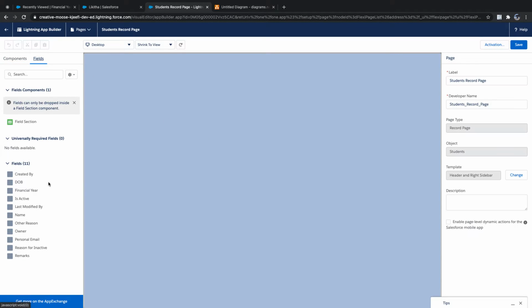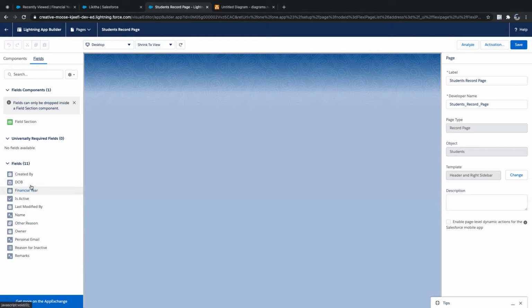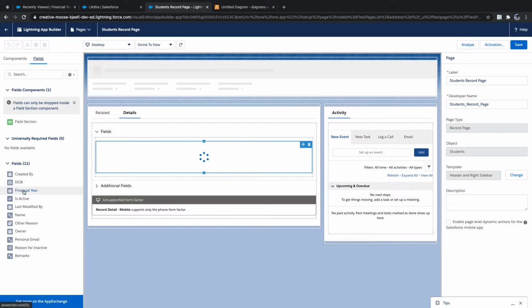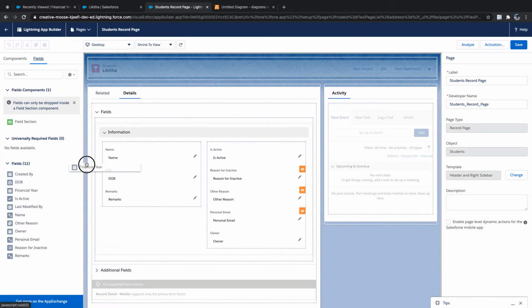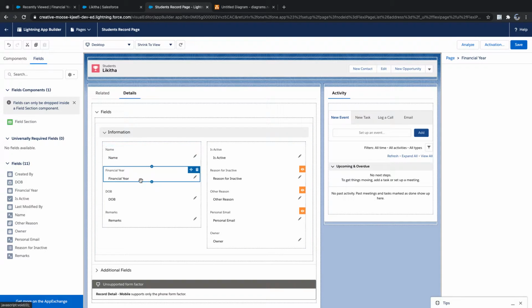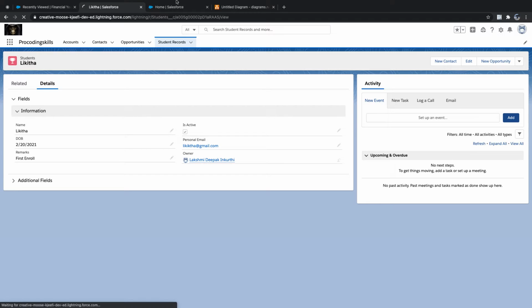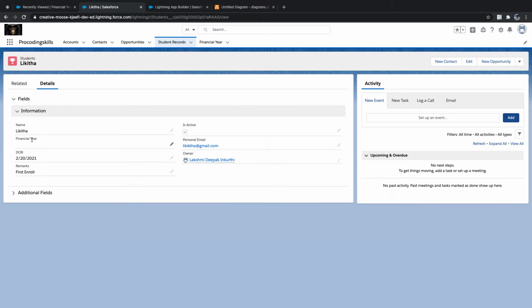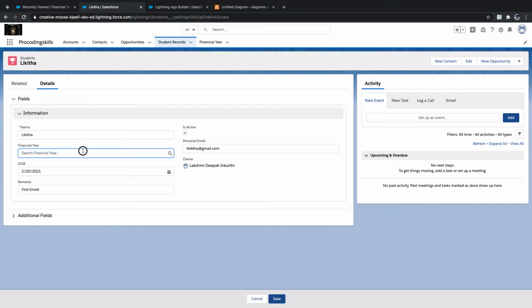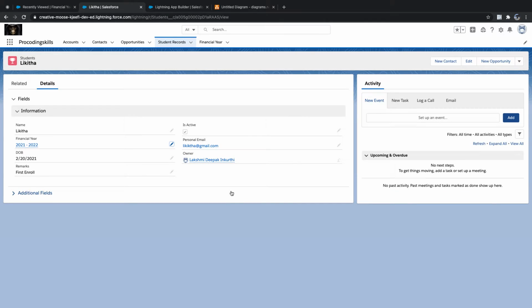Now go to the fields and just add your financial year to the student, just below your student name field. Save, click back and go back, refresh. Now there will be changes. Now there are changes. So we got your financial year, right? So what we need to add, we need to populate the data. 2021 to 2022. This is the financial year that we created, right? You remember? So add it. So my data is updated.